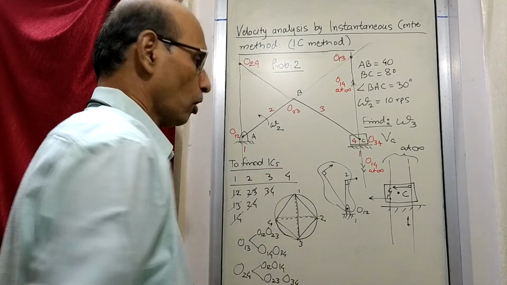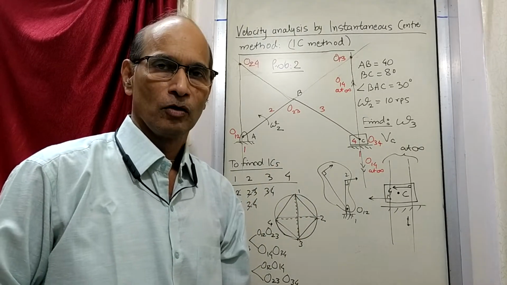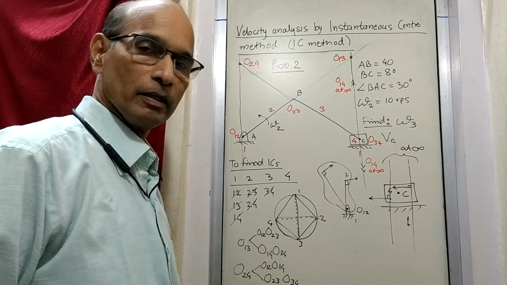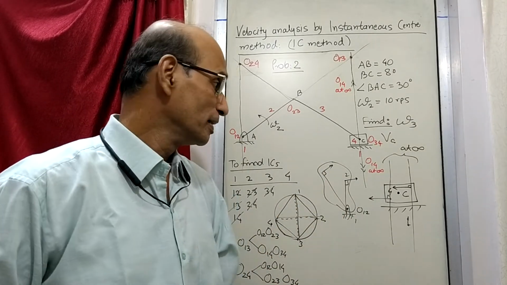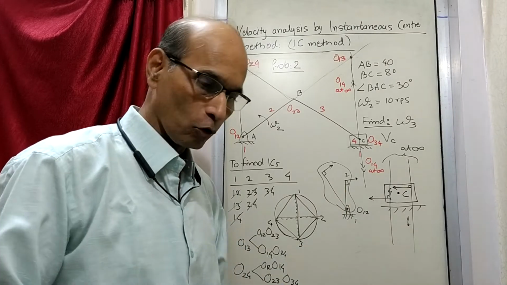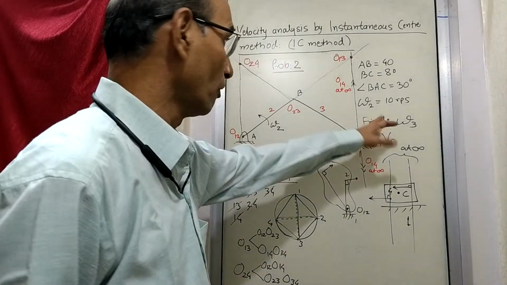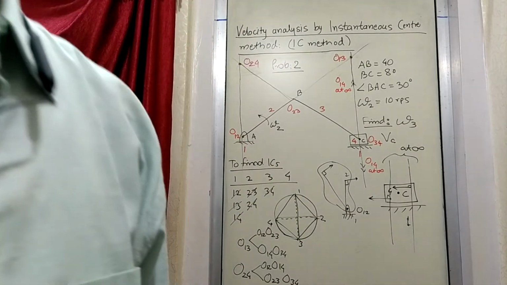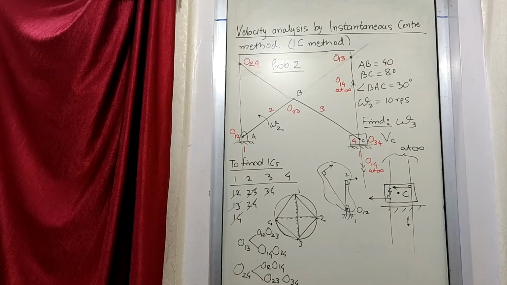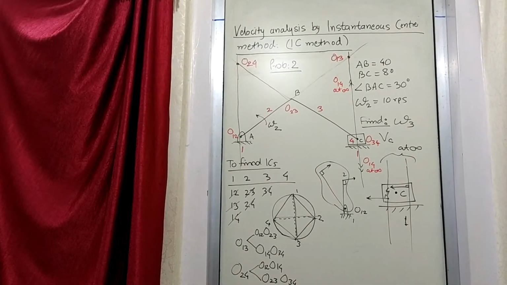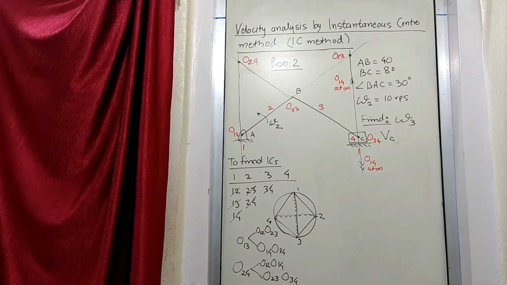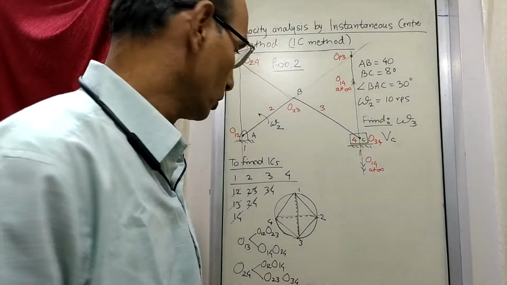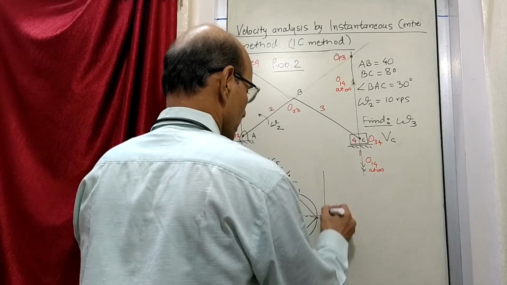So now you can see all the 6 points we have obtained. 4 are obtained by observation and 2 are obtained by Kennedy's circle. So at this time we know all the points. Now let us go ahead and find out the velocities of whatever are asked. Okay, so write this down, then we'll make some space. So we start with the velocities.